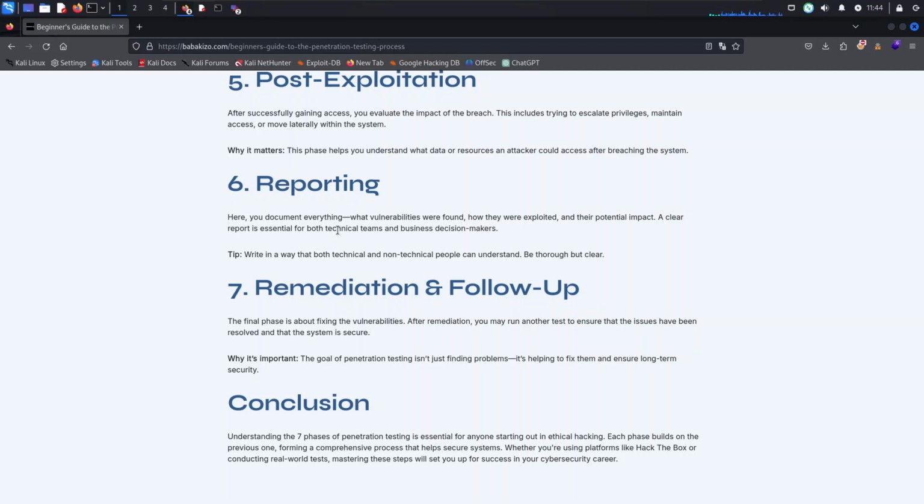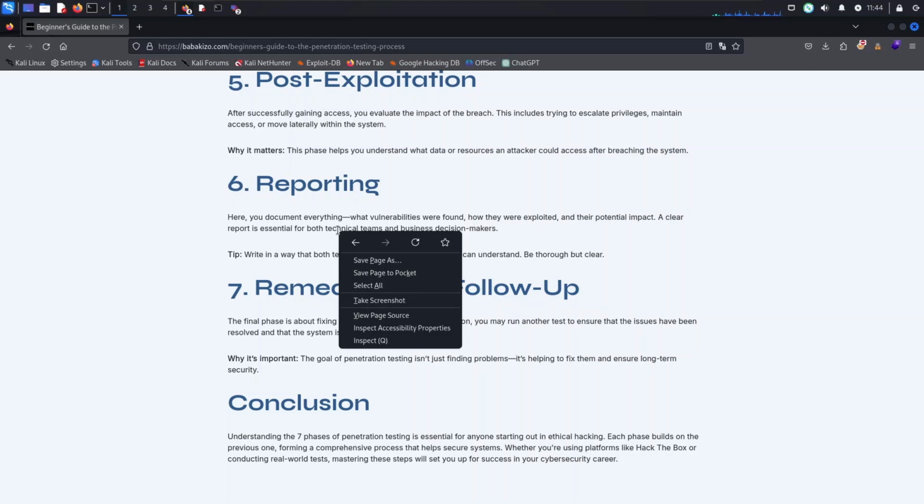Be thorough but clear. I think that's pretty straightforward, because you might decide you want to write technically, and the people that actually make decisions in the business might not even understand what you're saying. So please learn to write in an easier way. And I think I do write in an easy way because I don't really have too much technical writing skill. So let's get into number seven,